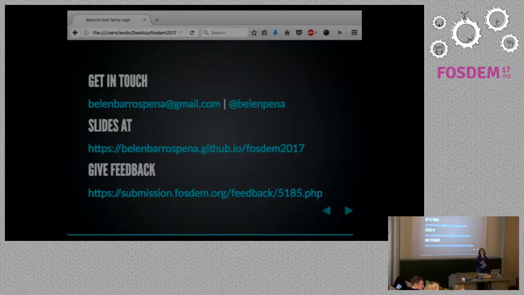So I was wondering, there's a big need for better visual design for open source projects. I think this is obvious, especially at FOSDEM when we go through this, and not only for better logos in general. But is that an issue of educating decision makers, or developers, or initiators of these initiatives, or is it a problem of designers? I think it's a chicken and egg thing, but I would like to hear your opinion.